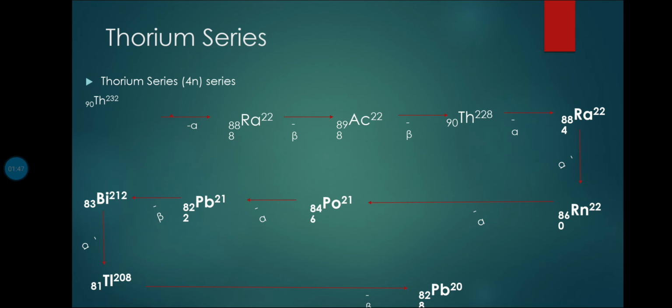The radium 228, it emits a beta particle. So whenever a beta particle is emitted, the atomic number increases by 1. So it is 89, and there is no change in the mass number, that is the 228 remains the same. The actinium